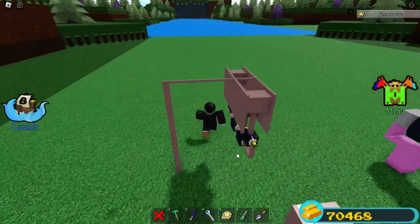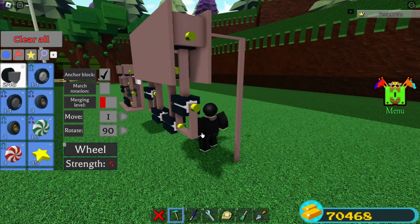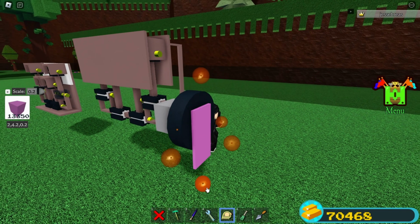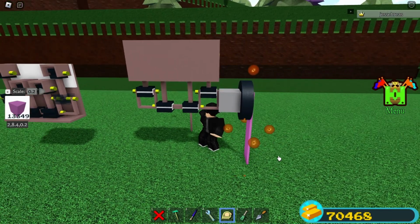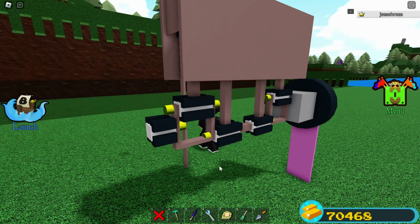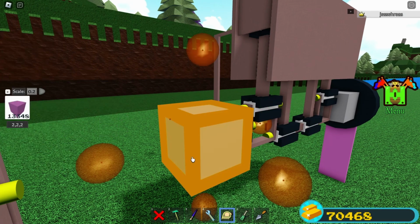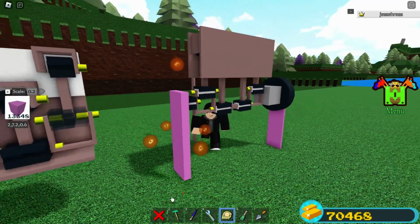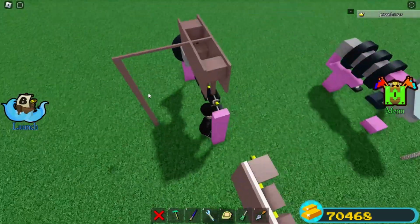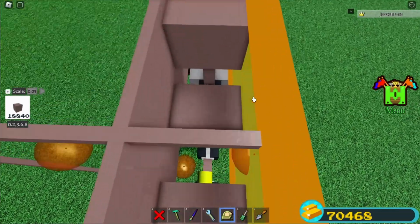You have that, so that's now grabbing that. Now you need your power source, but don't get too excited because we're still not done. Use a plastic block or whatever you want to hold the wheel down, and you should be good. And then you want a hinge here, and then you want to place another block, and then grab your driver's seat. And there's one last step you have to do. So just go to 0.05, grab one of the walls,